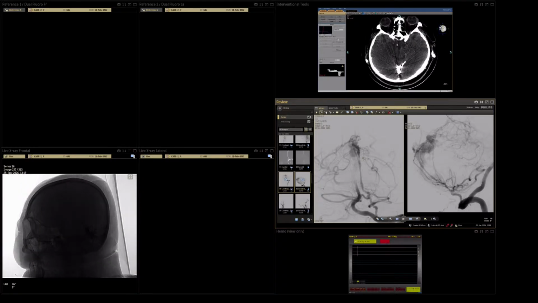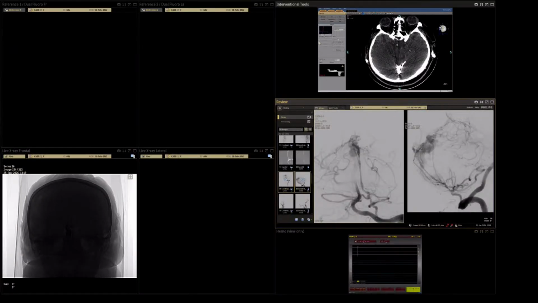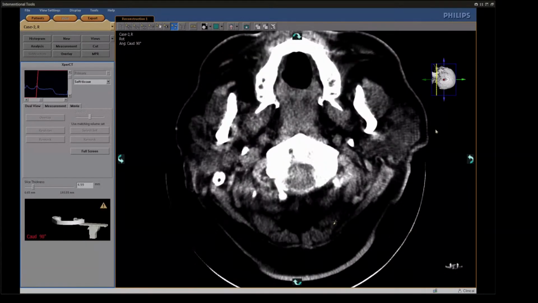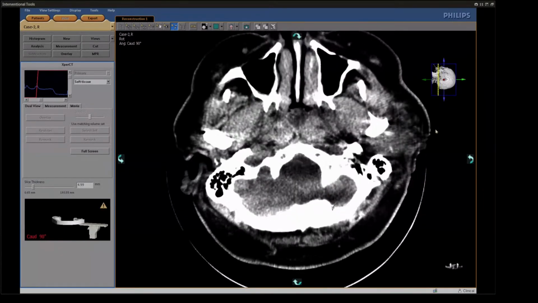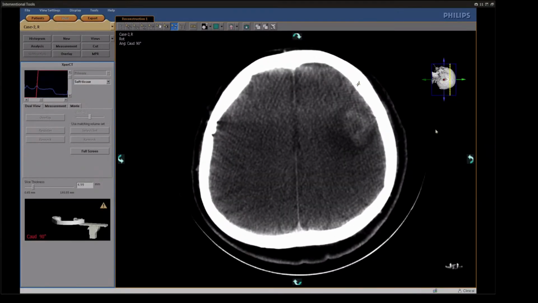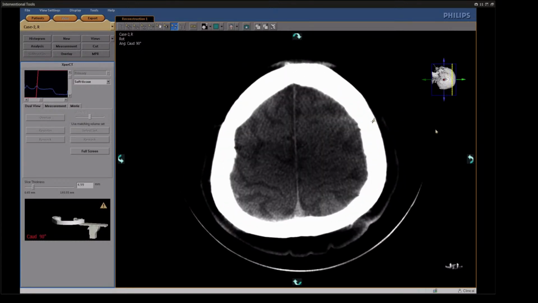Okay, the CT is ready. Yes, no problem. I think it was before, huh? Patient had